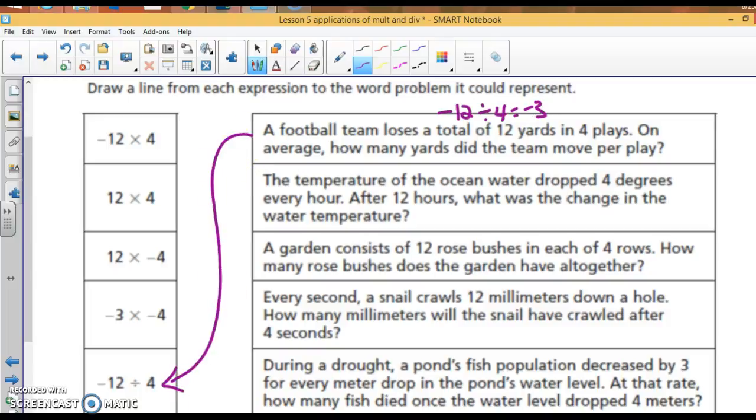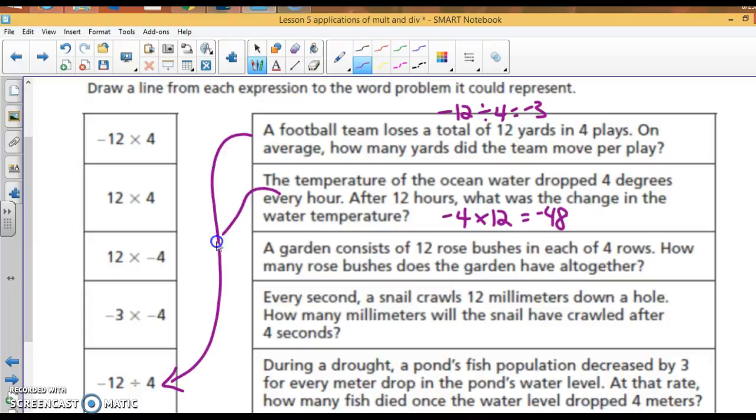A temperature of the ocean water dropped 4 degrees every hour. After 12 hours, what was the change? So it's dropping 4 degrees, that's negative 4, each hour for 12 hours. So we're going to multiply that by 12, and you get negative 48. So it dropped 48 degrees. So let's see, negative 4